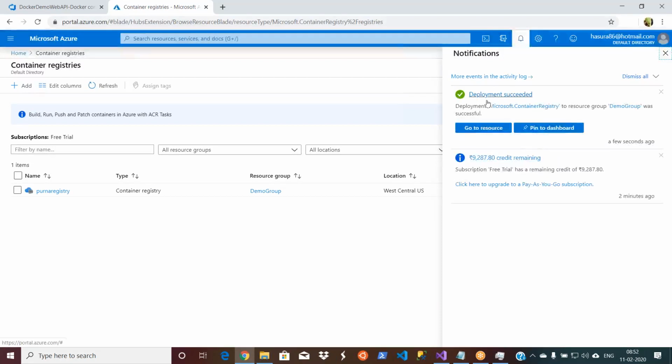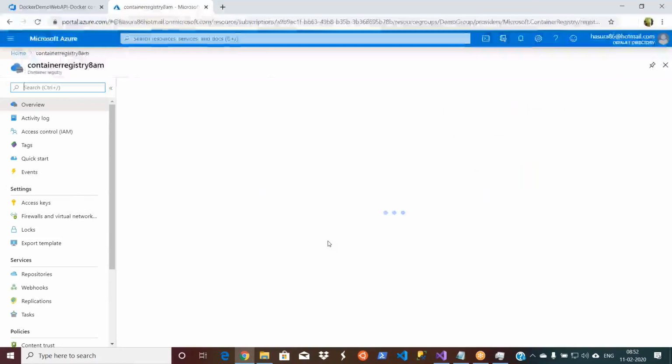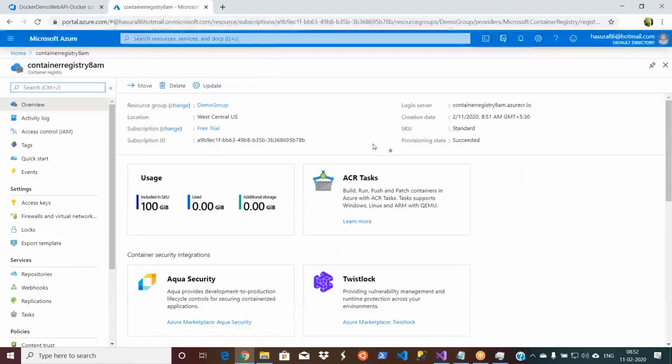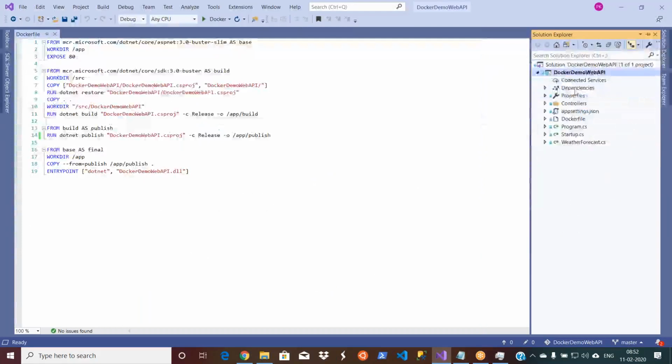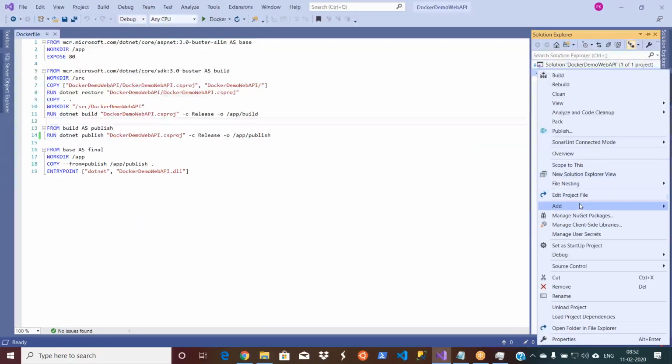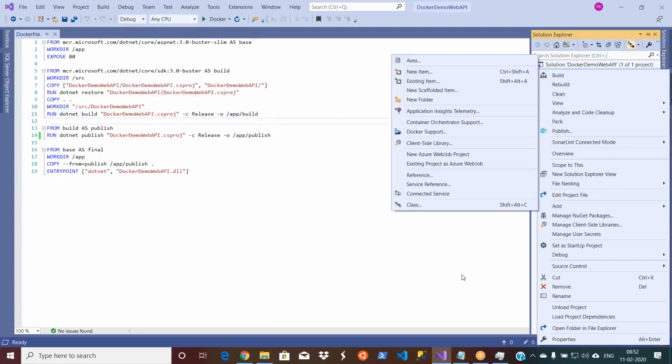Purna, I have a question. Yes. While creating the .NET project, you have selected the Docker option, right? Let's say I have already created the project, but I forgot to select the Docker. Is there any other option? You have to go and add a file. I have to manually create? Yeah, you have to manually create. So there is no other option afterwards we can select, right?